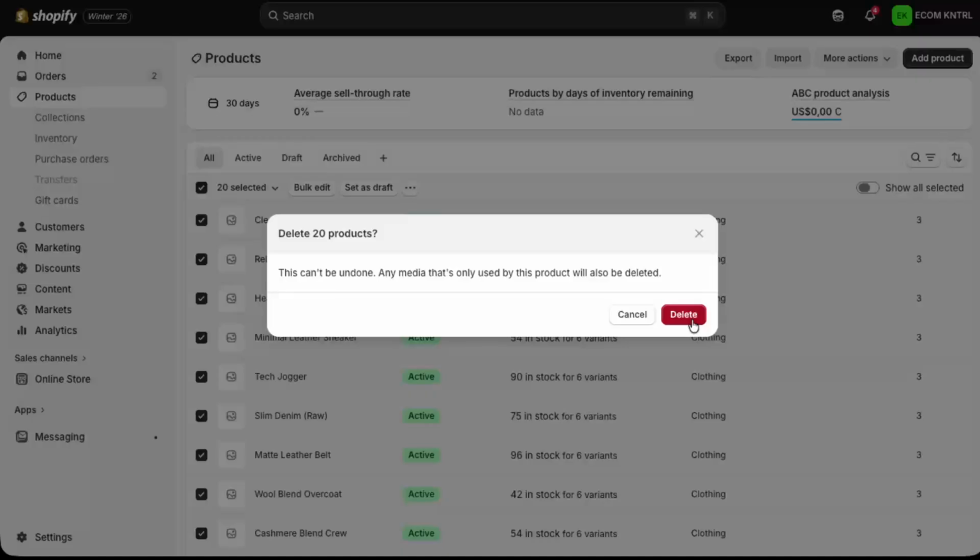Shopify will process the request, and after a short moment, your product list will refresh. You should now see an empty products page confirming that